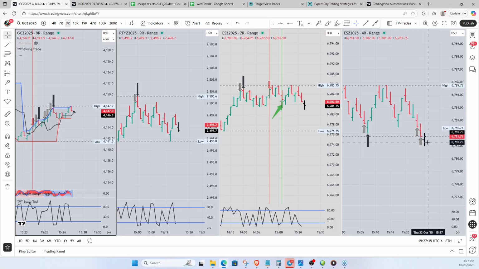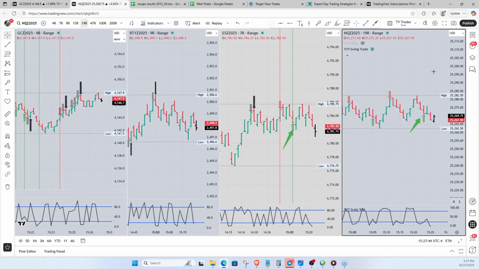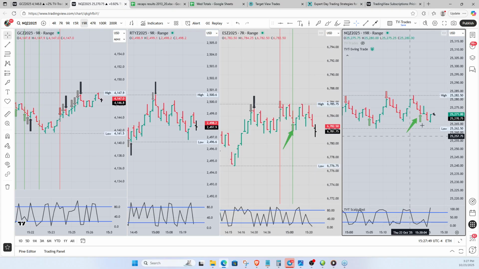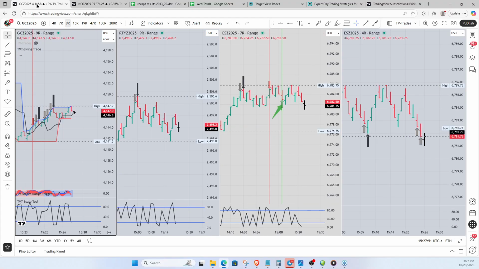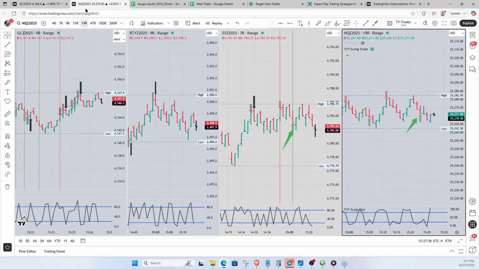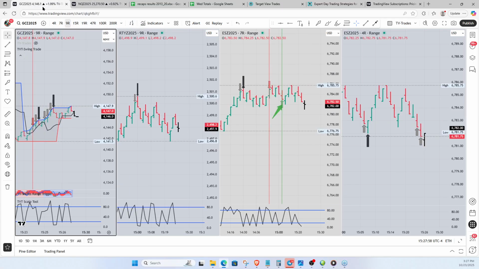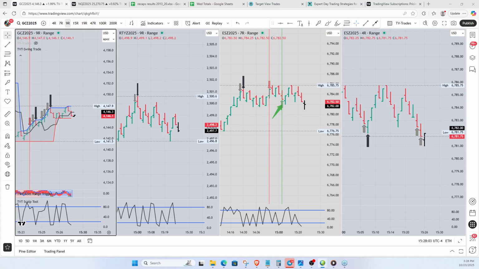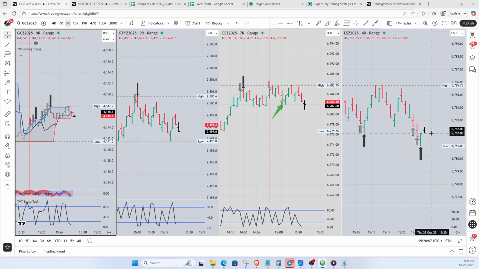About to have a trade here. On an up close over here, you're going to have a trade. On an up close on the ES 4 range right now, you're going to have a trade. That's on this one. I'll go back over here, and this is on the ES 7 range. It's not giving you any indication right now. So I have 8 charts going right now. And there it is on the ES 4 range.